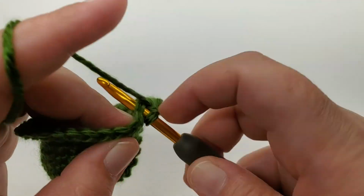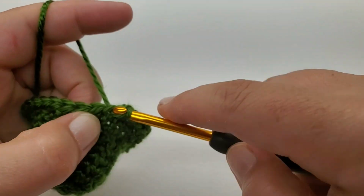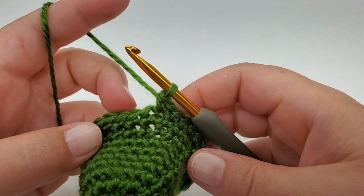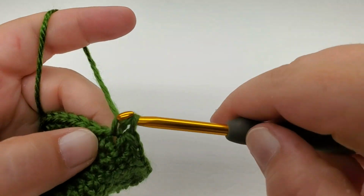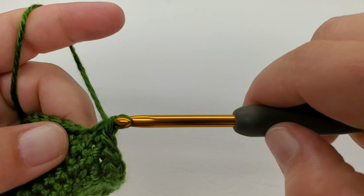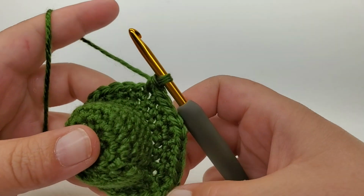1, 2, 3. And now the next is an increase. 1, 2. So 1 into the next 3, increase into the next. And that's what we're going to repeat all the way around. 1, 2, 3, increase in the next. So go ahead and repeat that around and come back and we'll finish round 9 and